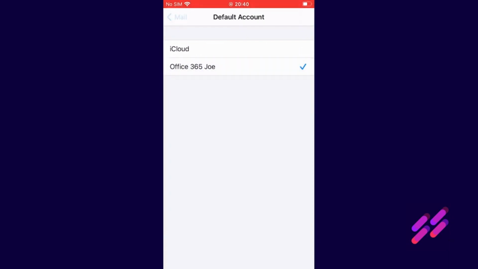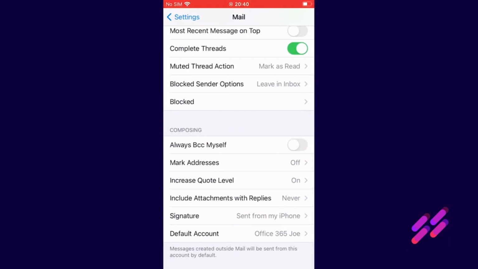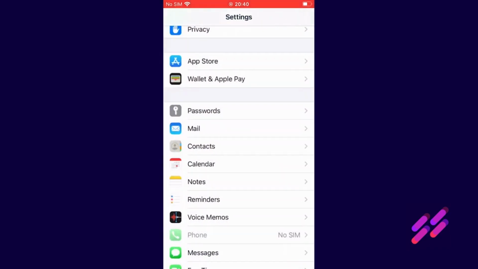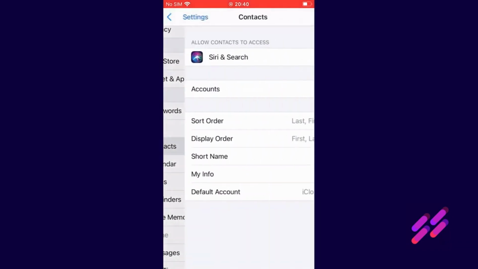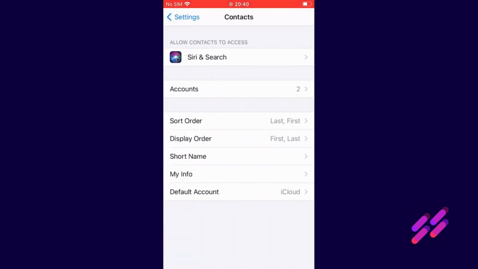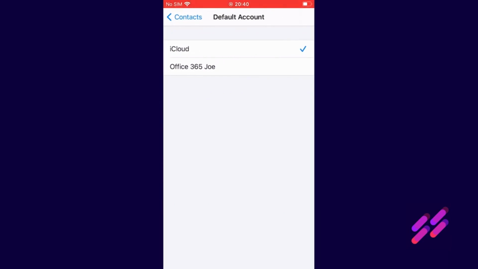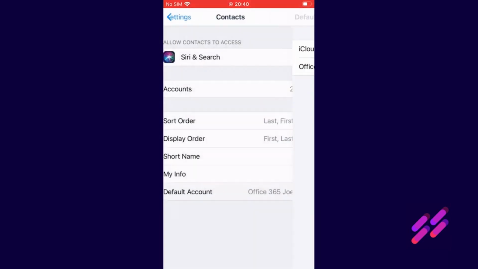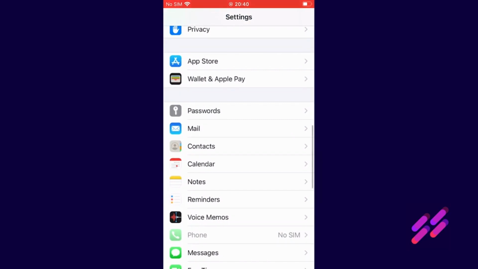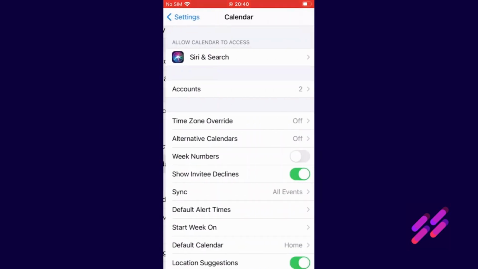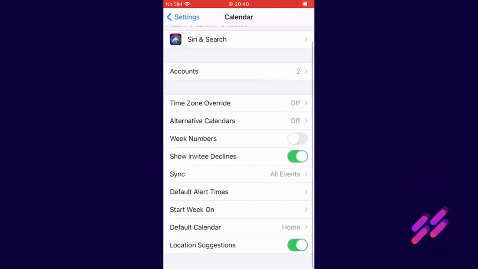And then when we click mail in the top left hand corner and then settings, that comes back up to this main menu. We do the same thing for contacts and calendars. So we go into contacts, we go to default account, we'll change it to Office 365 and we come back up and we go into calendar and we do the same in calendar, default calendar,